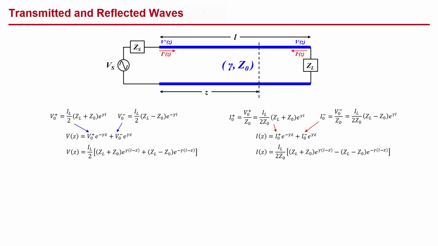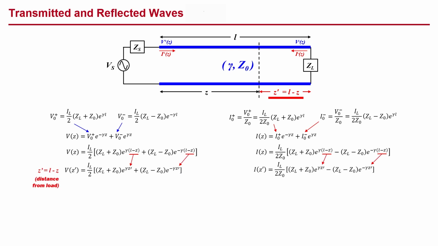The terms L and Z combined to put L minus Z into all of our exponential terms. This term L minus Z is the distance from the load, which we called Z prime. This is precisely what we are interested in because we are ultimately looking to characterize the apparent impedance of our transmission line as a function of distance from the load. For this reason, we made a variable substitution of Z prime for L minus Z to give us this pair of equations for V of z prime and I of z prime. I said we would come back to these, and now here we are.